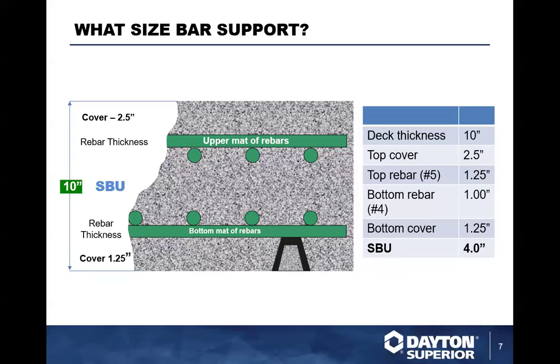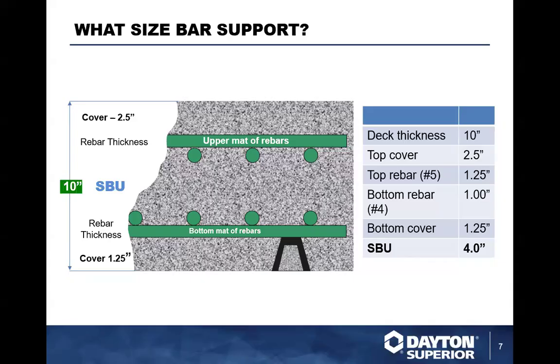Now, we know that the slab is 10 inches thick. So we take that full 10 inches thick, we deduct the top cover, which is 2.5 inches, from the top of the rebar to the top of the concrete. Then you're going to have the rebar dimension that rebar is taking up there. A number 5 bar, and a number 5 bar is typically going to be